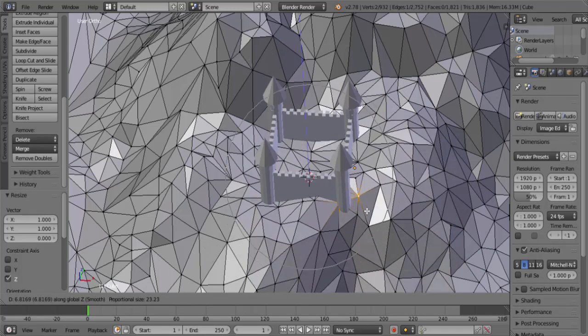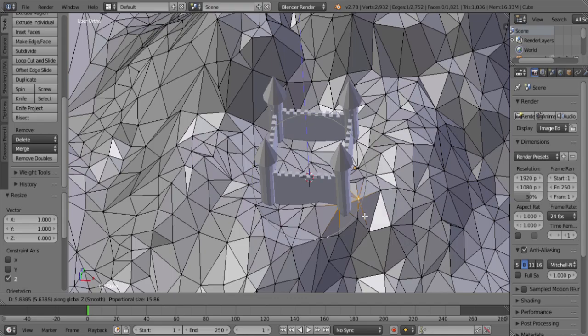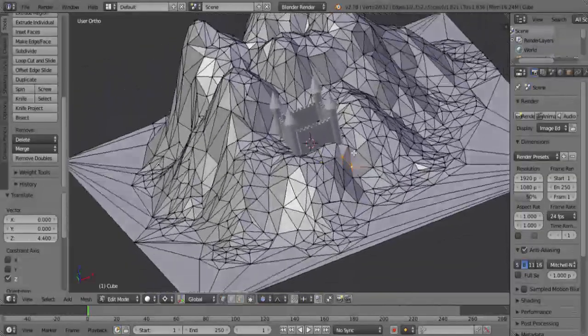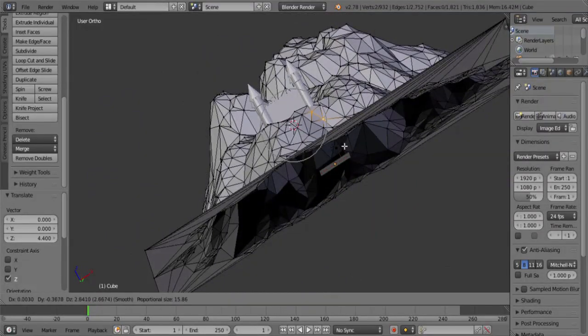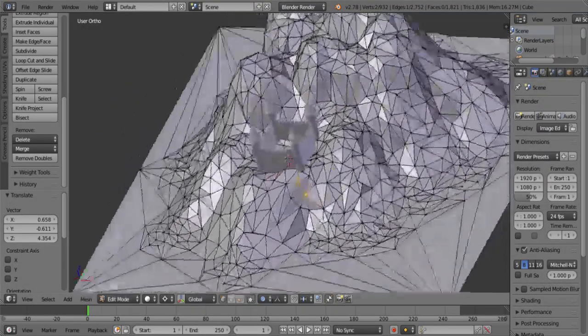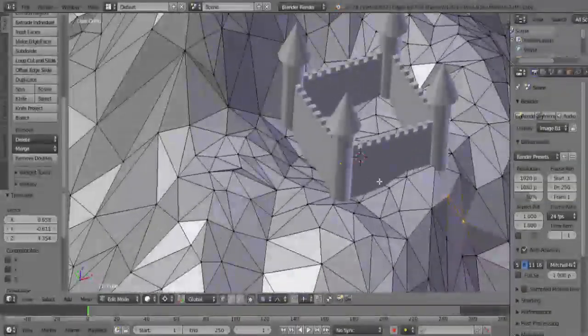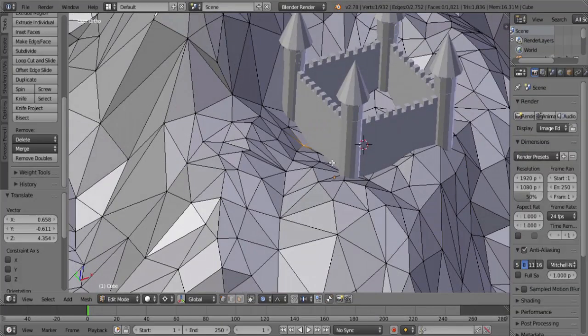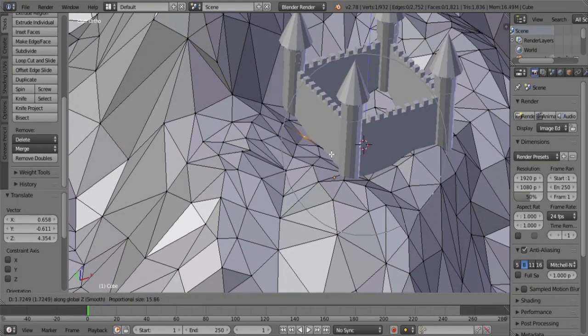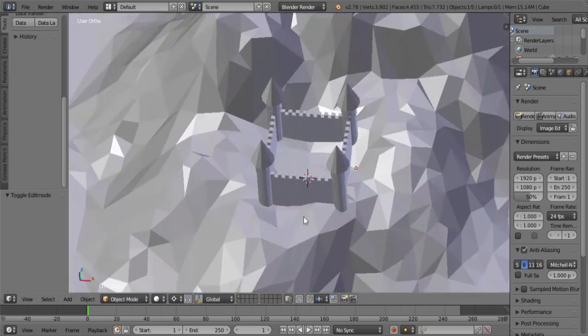GZ, a little bit smaller. G, let's see, G. So now this castle is really sticking in there. G, Z. Yeah, so now